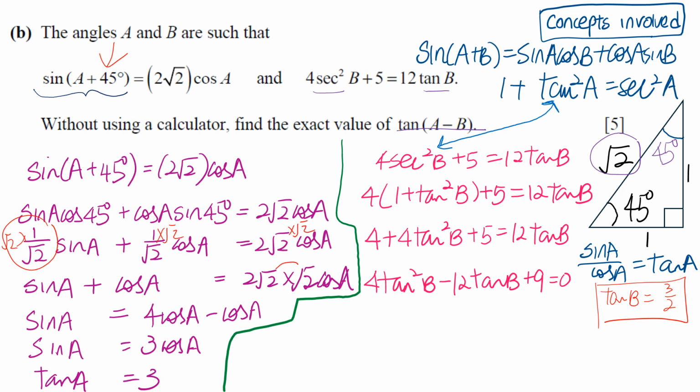So therefore, you need to work backwards to form your two linear factors. Okay, from your tangent B equals to 3 over 2, you need to work backwards to get your two linear factors,